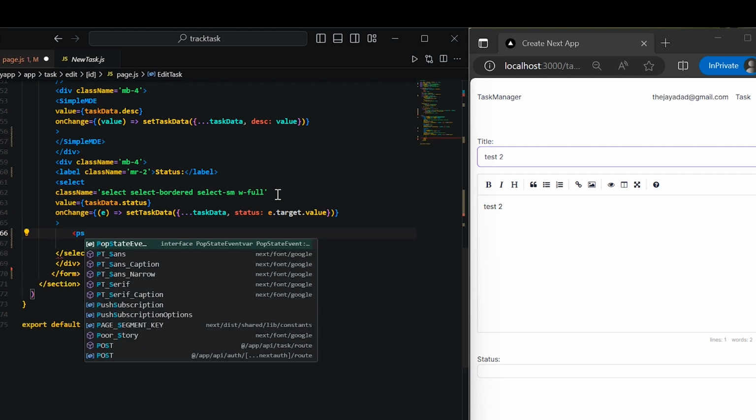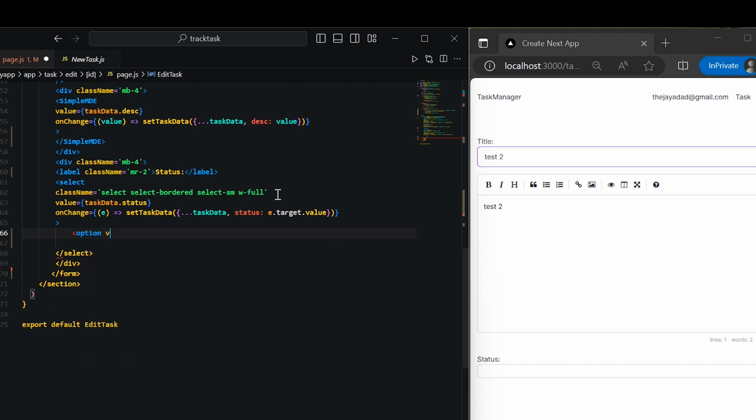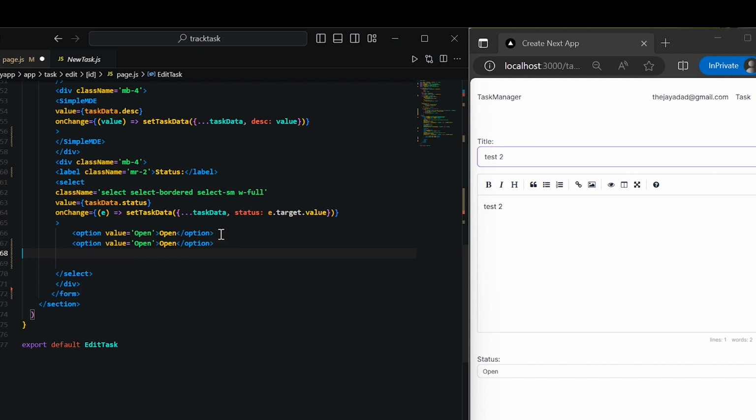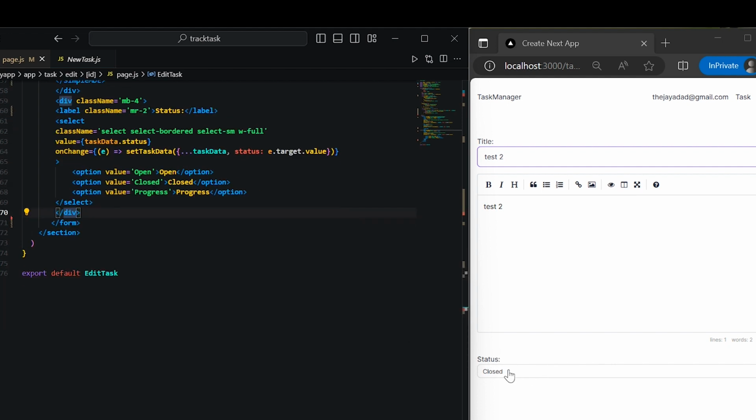And now we'll pass in our options. So we'll say option of value. And we'll just type in open. Save it. And we see we have open displayed. And we need 2 more. We'll need 1 for in progress, and we'll add closed. Okay, and outside of the closing div tag, we can see we have the status updated here,